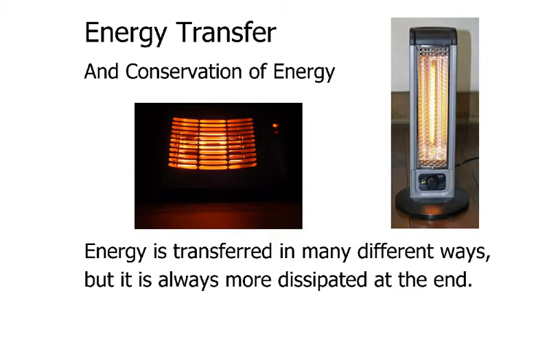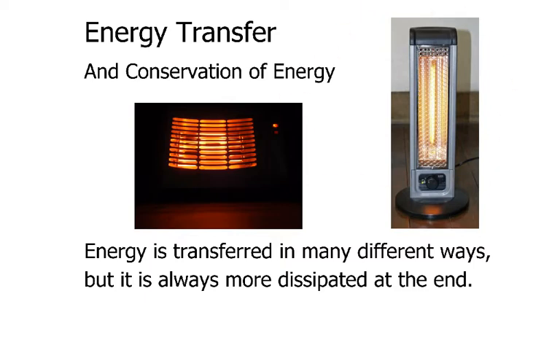All right? An example would be these space heaters. Electrical energy goes into these things, and it causes them to heat up inside. That hot element inside then heats up the air around it, and that hot air can be spread out into the room and warm up the room at least a little bit. But with all of that spreading out, the concentrated heat, this is really hot in here, but the air around it is not necessarily that hot. You get far enough away and you can hardly even tell the difference. So the energy is spread out into the room.